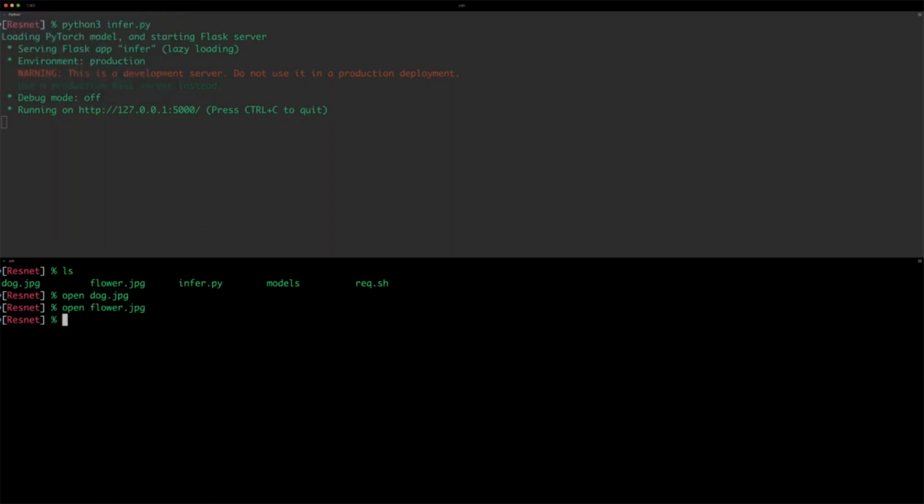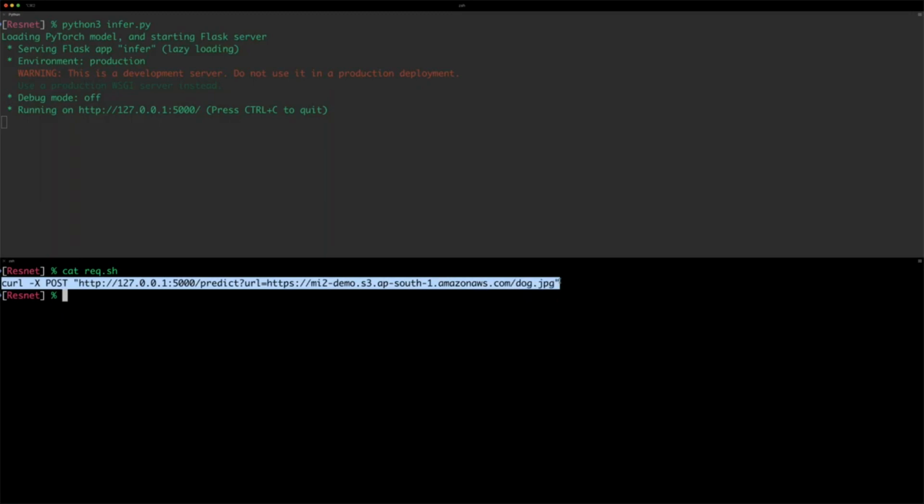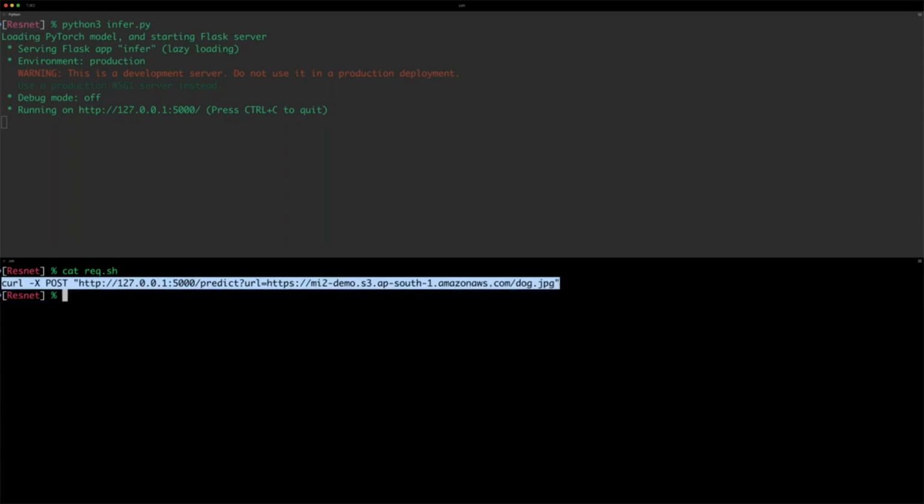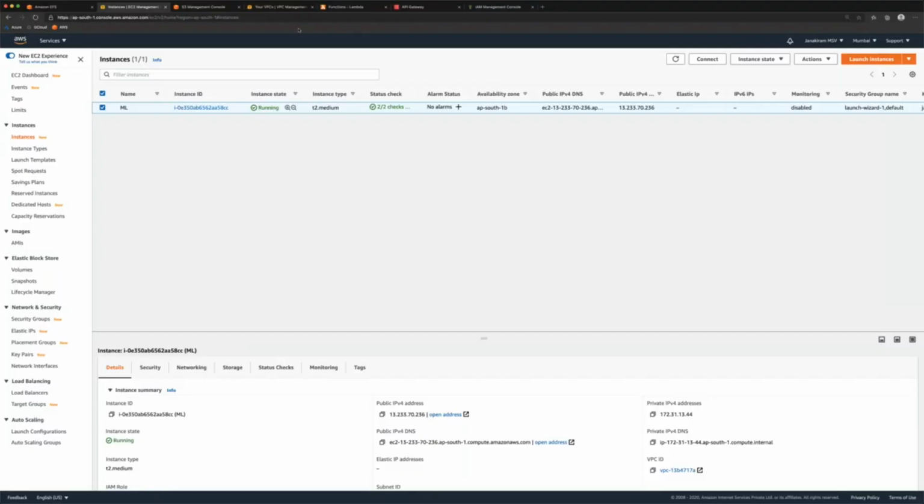Now, the idea is to actually use the machine learning model to classify the input image. So this is the command I'm going to run, which is curl, and I have already stored these images in a public S3 bucket. You can actually see them in my S3 console. So where is my S3? There we go.